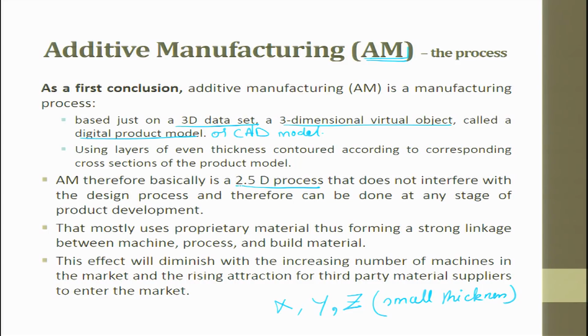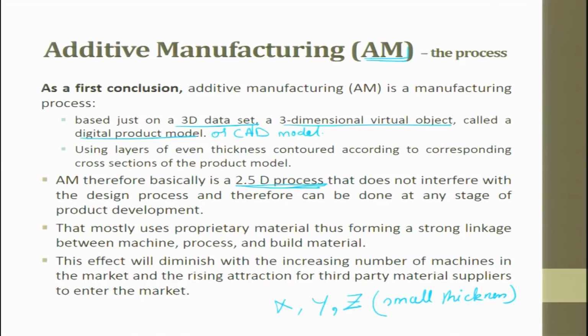So, that is why it is called a 2.5D process. The similar thing is also used in CNC machines. We say it is a 2.5 axis CNC machine, where X and Y can vary while the process is going on, but Z cannot be varied. So, those processes are called 2.5D CNC machines, and here in rapid prototyping, since the layer thickness is uniform,